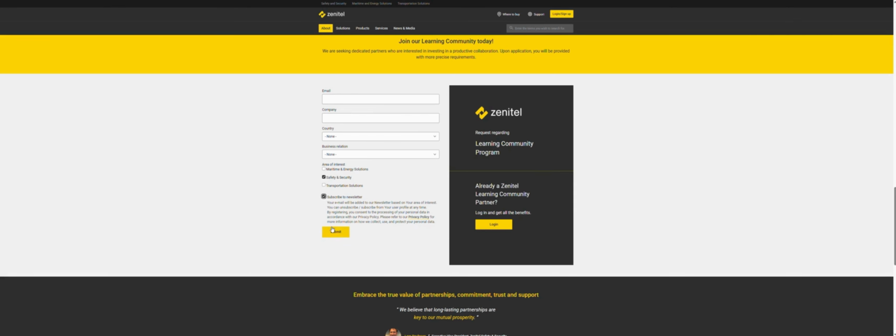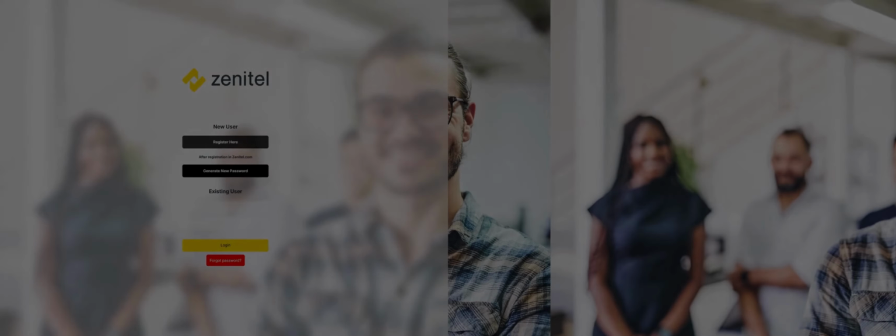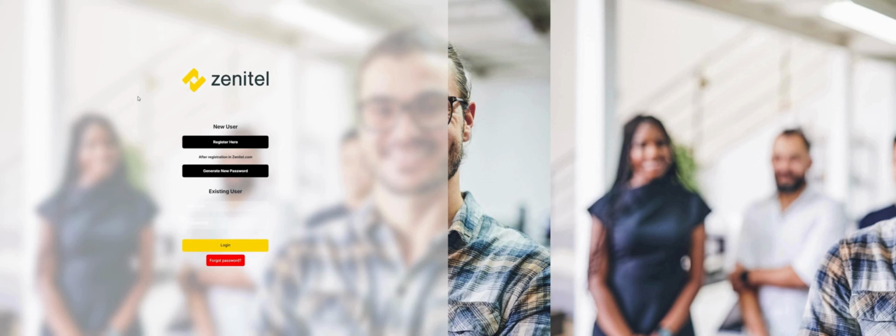After submitting the form, your details will be synced across our systems. This process usually takes up to 24 hours. During this time, please wait while your account is being activated behind the scenes to ensure everything is set up correctly. Once the 24-hour period has passed, return to